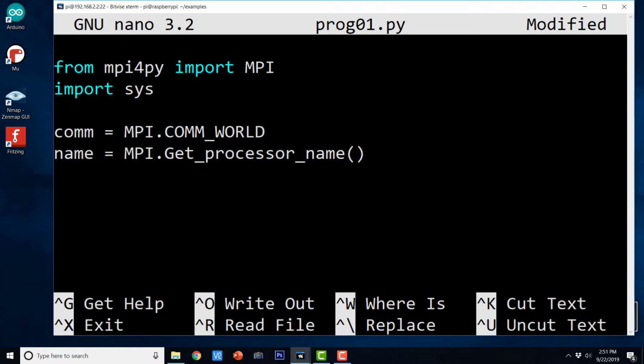In our case, all the host names are the same, that is raspberrypi, but you can definitely change the host name of your Raspberry Pi through the settings, and then you will have hosts with different host names. Now let us print some information. sys.stdout.write, and I am going to say hello world.